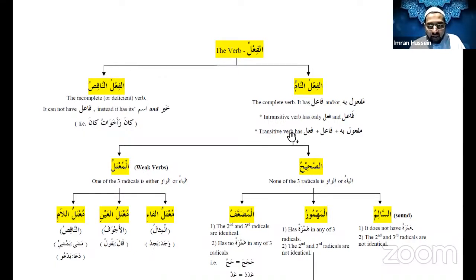These are called fi'l tam. This is the requirement for a fi'l tam. And fi'l naqis, kana, is not like a normal verb. It enters a mubtada and khabar, and it changes a sentence. Verbs don't normally change sentences. It only acts on one noun and on the maf'ul. It does not take ownership of sentences as such. That's the reason why kana is called fi'l naqis, and there are other reasons which I'll inshallah discuss later with yourselves.